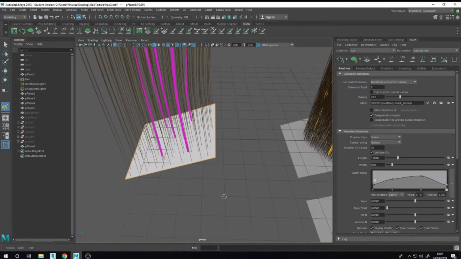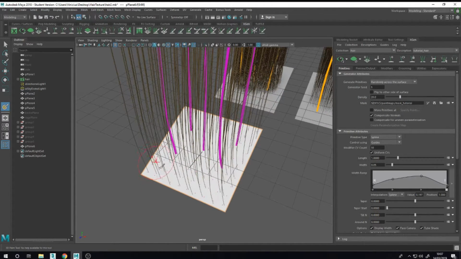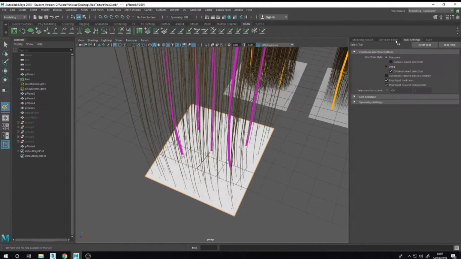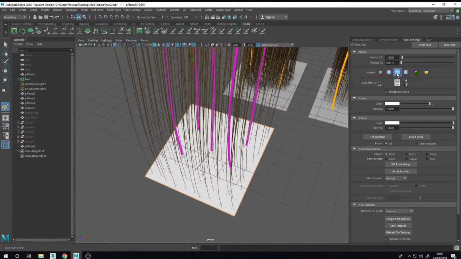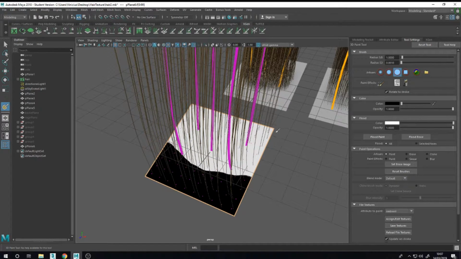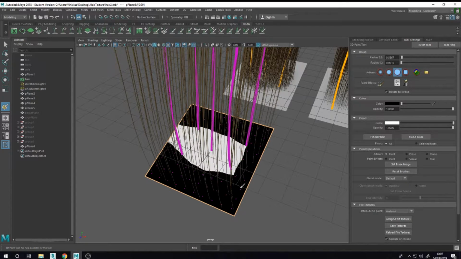So I want to have hair only on the needle, like that.